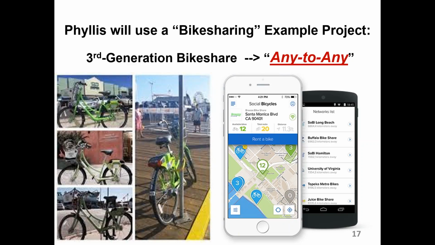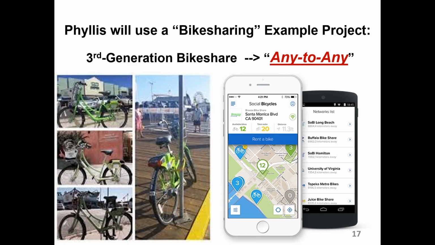The bike share project is a 3rd generation system, which we actually opened in Southern California. What's unique about it is that it's any-to-any. Put the bike anywhere, drop it off wherever somebody left it, as the picture on the left shows.